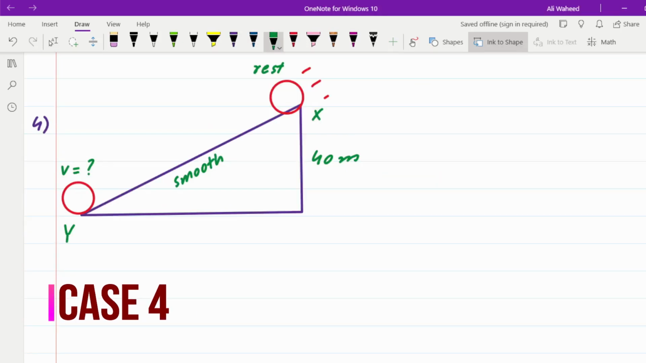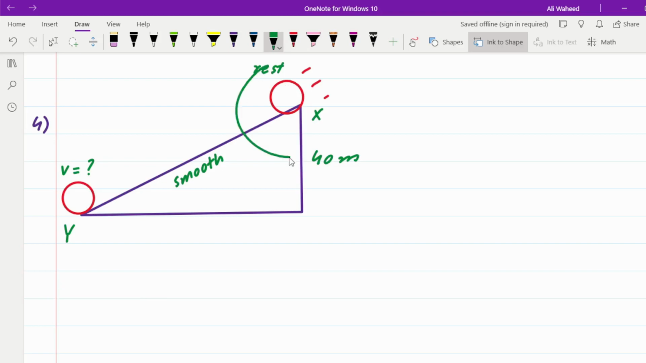So this is the next case that we have. The ball rolls from this end X, from this point all the way towards the bottom of the inclined plane, and we need to find the speed of the sphere at the point Y. And like I said, the inclined plane has a smooth surface, so there is no friction. And some extra details are,